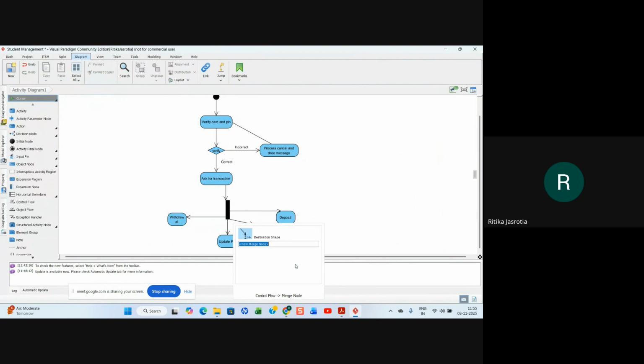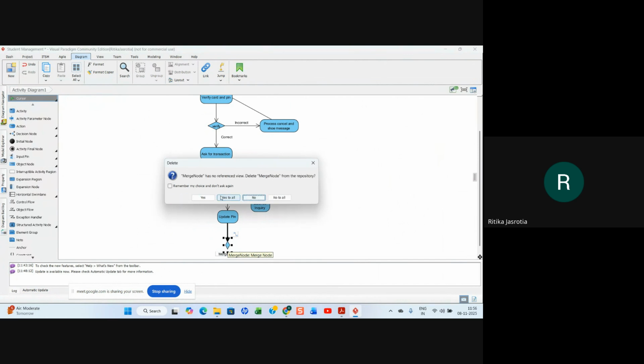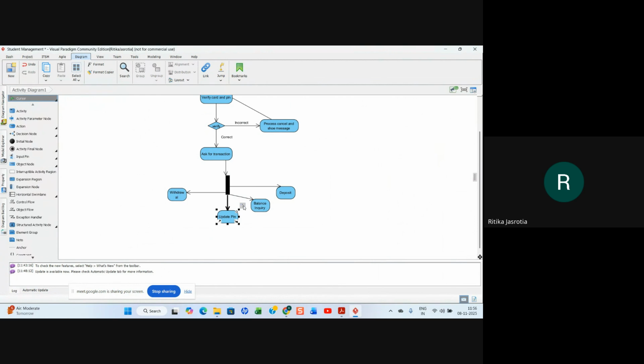Merge, this is merge transaction. So if you have to do this, okay, so it should not be a condition, I think. Join node, so we'll take join node, and this will be the node which we get.